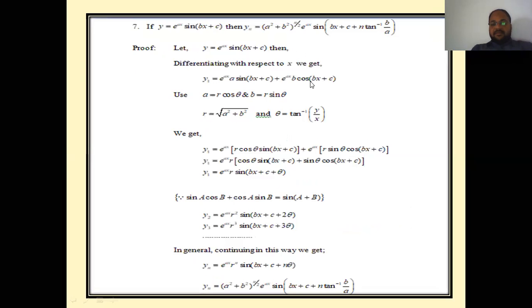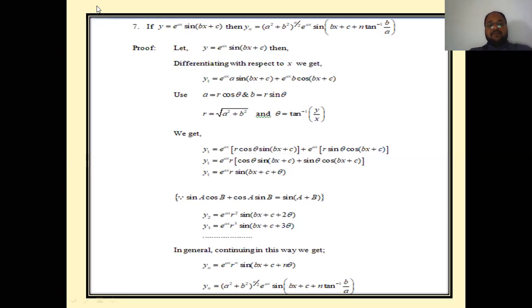Also we see another result. This result is, if y is equal to e raised to power ax sine of bx plus c. Now if you observe the function, it is the combination of two functions. Before this we have seen single valued functions, but here we have a combination like exponential and trigonometric. Before this we have seen algebraic functions, logarithmic functions, and also trigonometric functions. But the given function is a combination of two functions, exponential with trigonometric, that is e raised to power ax sine of bx plus c.